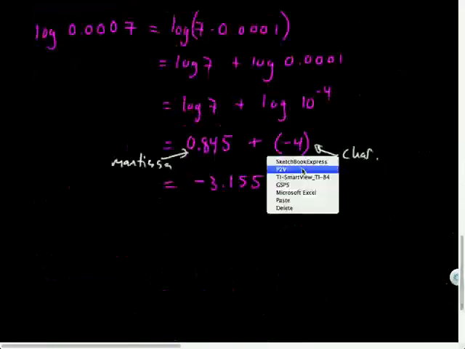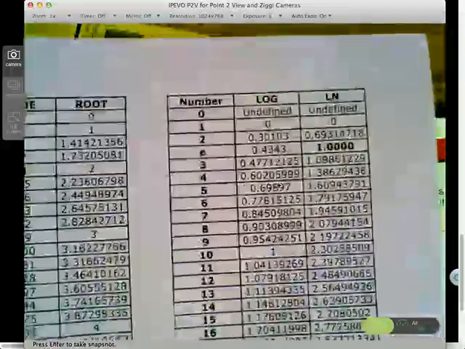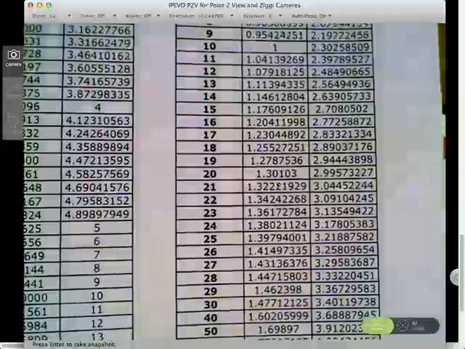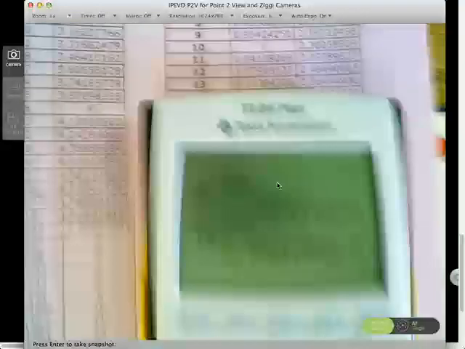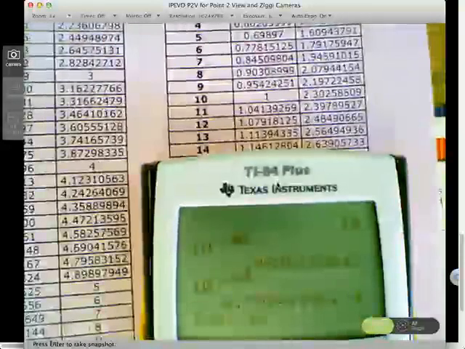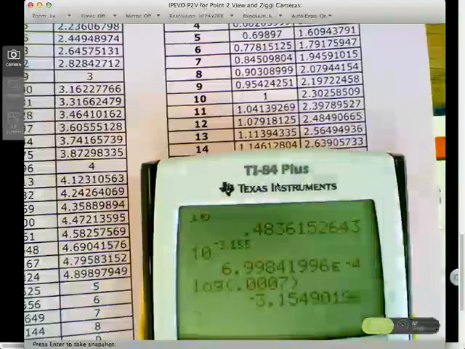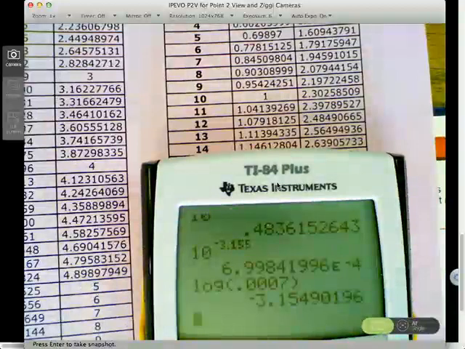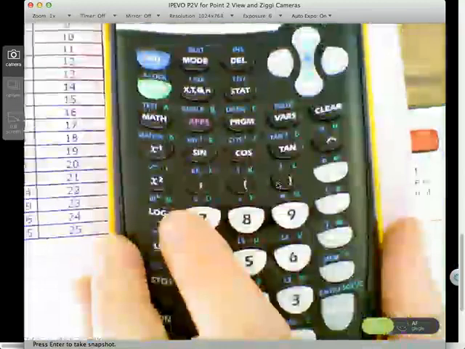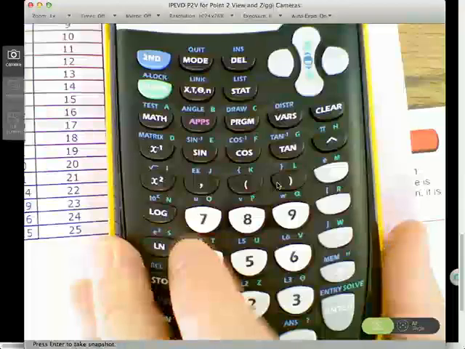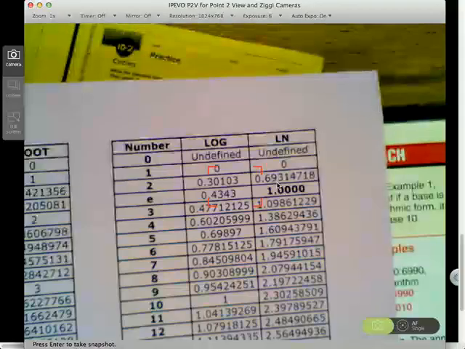But yeah, so now we have our table that we can do wonderful stuff with, calculate all sorts of different things. And then also you can clearly use your calculator, right? So I could have just hit log of 0.0007, enter, and I would have gotten that answer right off the bat. Your calculator communicates in only 2 log languages, which is log base 10 and ln, which is log base e. And looking at our table, even though I'm not talking about this technically until tomorrow,